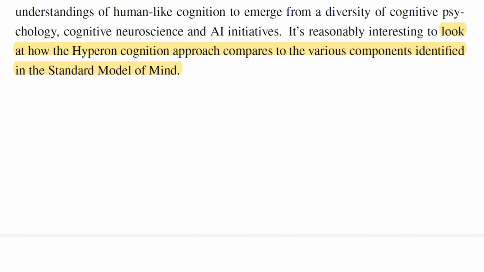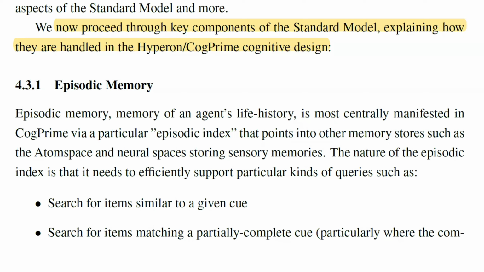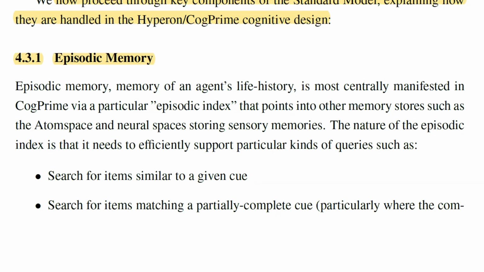The paper now goes on to take a look at how the Hyperon cognition approach compares to the various components identified in the standard model of mind. I will now give an overview of the different components and just mention a few key aspects. Well, aspects that I think are key, for whatever that's worth. But let's now proceed through key components of the standard model, explaining how they are handled in the Hyperon Cog-Prime cognitive design. Episodic memory,